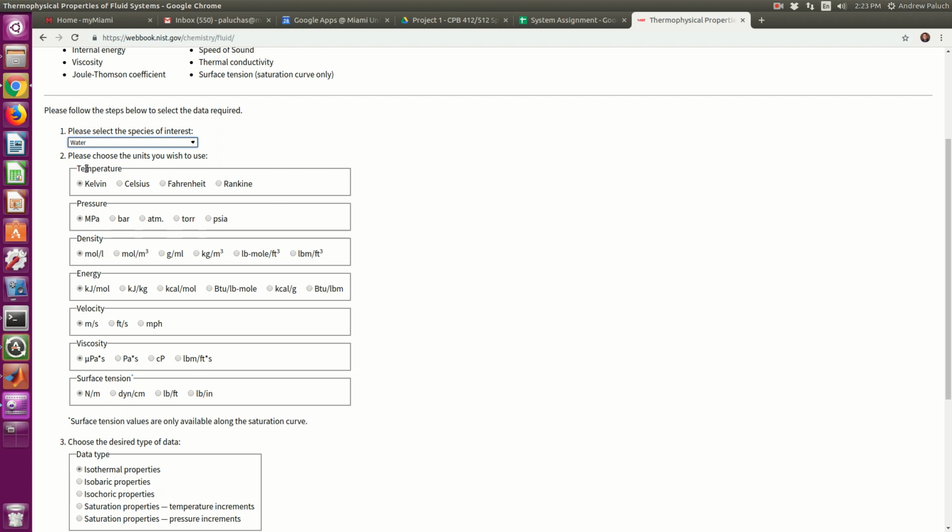Okay. So of interest to us is just temperature through energy. We don't do anything with velocity, viscosity, or surface tension, so I won't mention those at all. So temperature, we want things in units of Kelvin. Pressure, we'll use units of bar. Density, moles per meter cubed. And energy can be kilojoules per mole. So make sure you have Kelvin, bar, moles per meter cubed, and